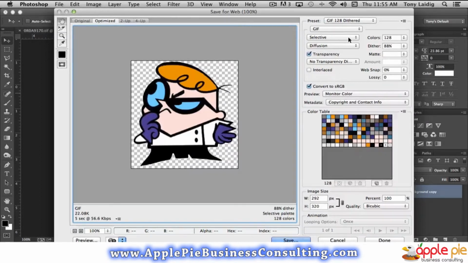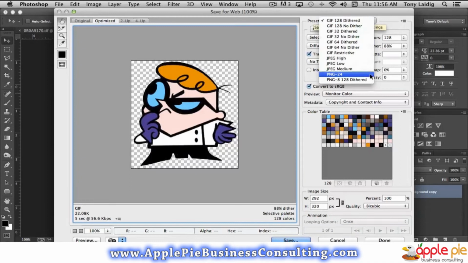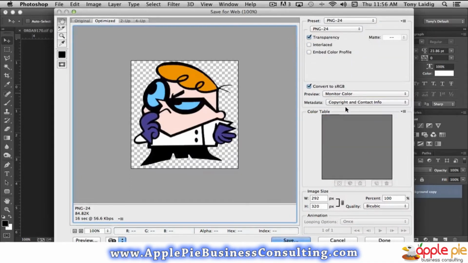Okay, so in this case we're going to select PNG24, and we want to maintain the transparency. There is no color table because it's saving it in the full 24-bit file format, which means we're getting all of the data that we need. And by the way, you'll notice down here in the left-hand corner, it actually tells you the final file size. So in the PNG24 file format, the final file will be around